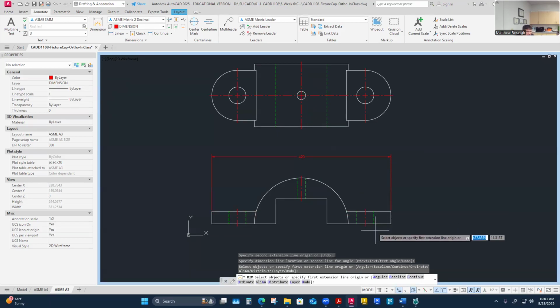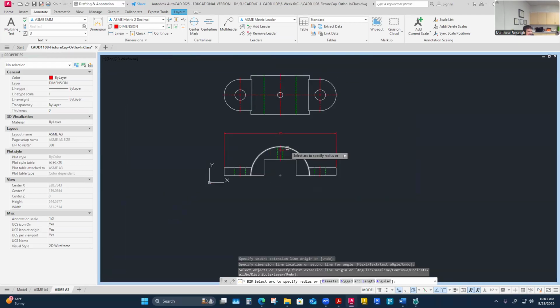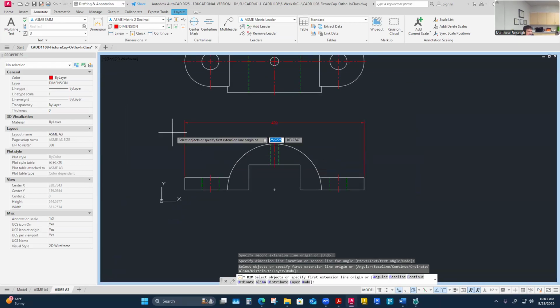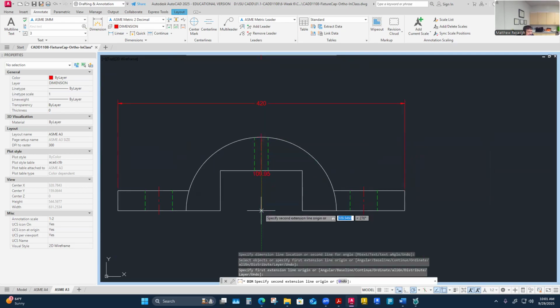The overall height is definitely going to be only shown in the front view, so it's got to be a front view dimension. I could go left or right of this, but I get in the habit of pulling to the right more than not, even though my right side view isn't there. That's just out of habit, knowing there could be a view there at some point, but it wouldn't be wrong. It would be just fine to pull them to the left. But like I said, just for my habit, I'm going to pull this to